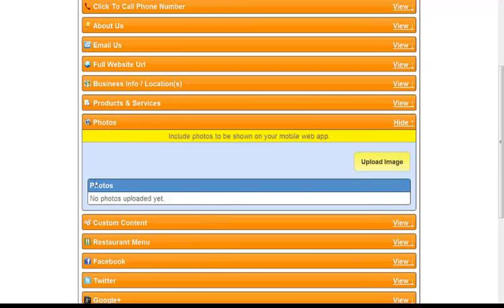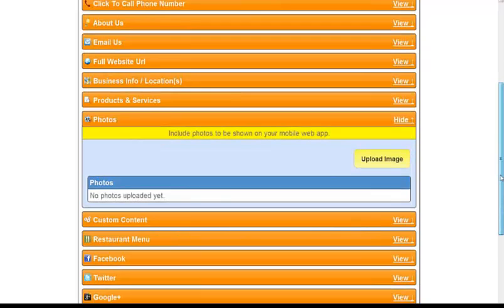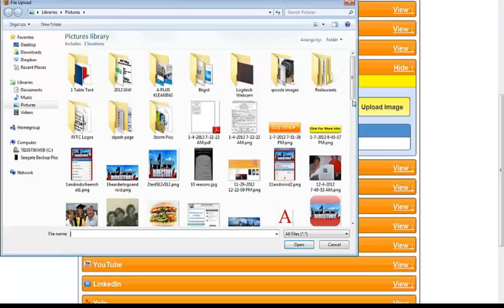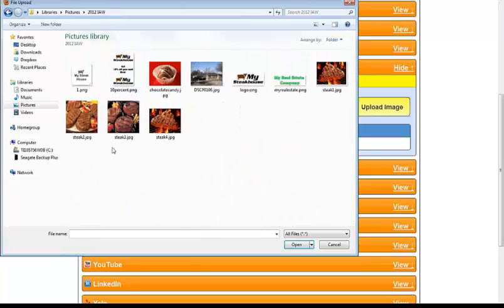Photos. Now, I don't have a bunch of cars. I don't have a bunch of car pictures, okay? So let me just go in here and put some pictures in here. You can put pictures in here, and you can put multiple pictures at a time. I'm going to put these 4 steaks in here.